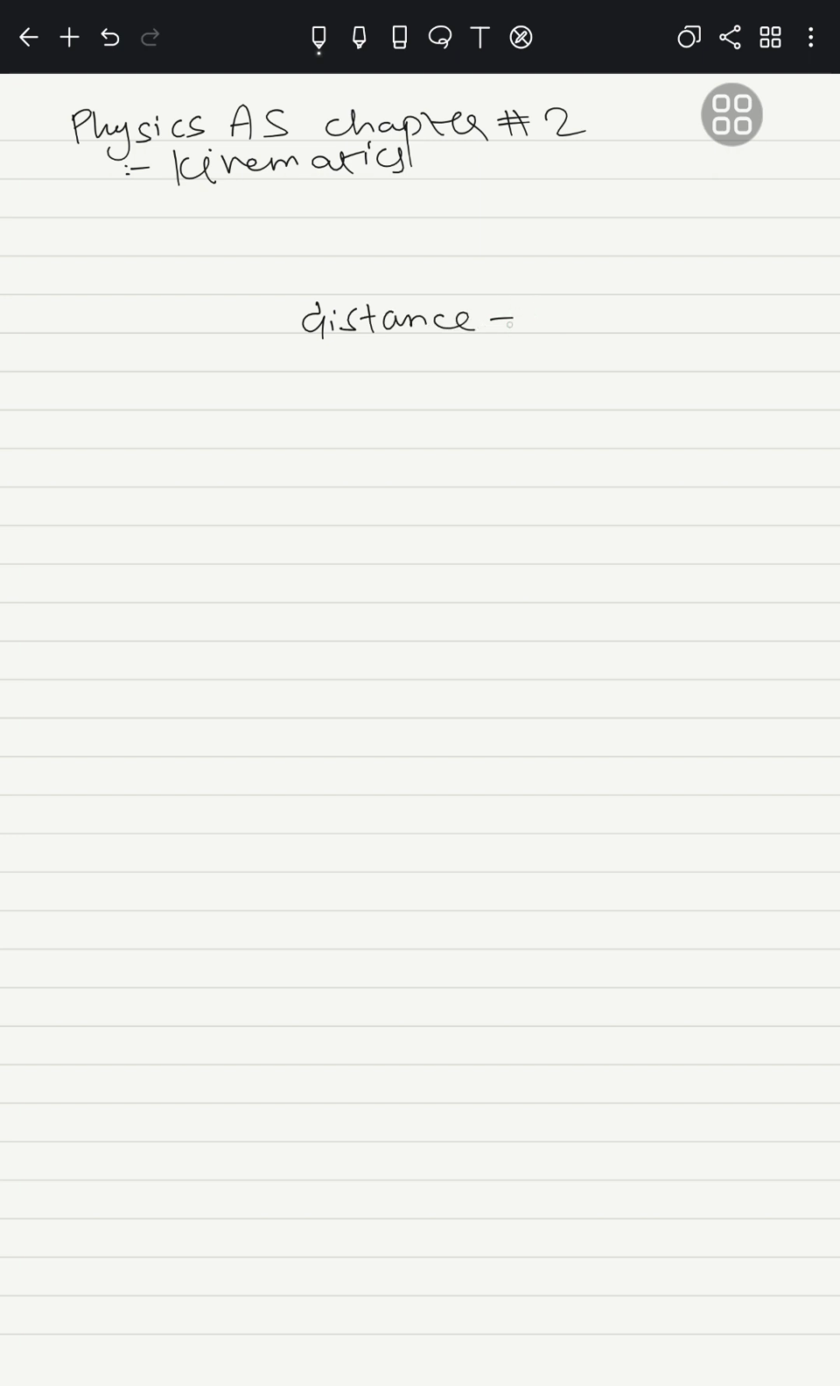So basically today we will study physics AS chapter number 2, kinematics. The core concept of kinematics is basically distance and displacement. So we have distance and displacement, and we will get different types of velocities, different types of motion,